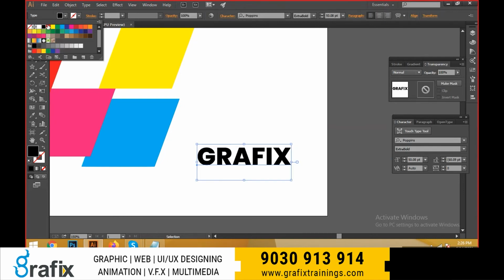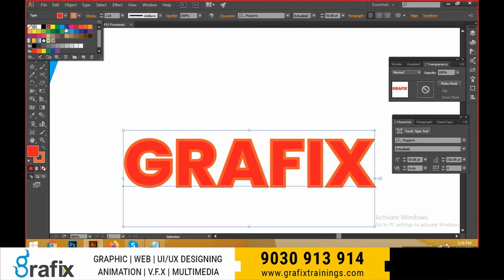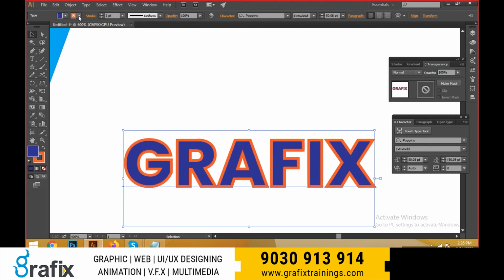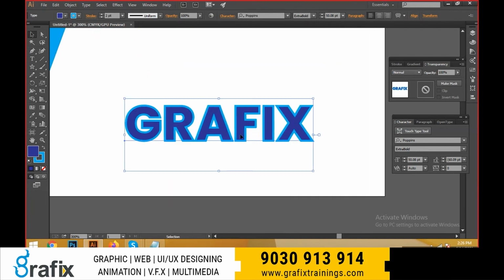And I can fill the color here, and I'm making a stroke here, some more orange shade, exactly like this. Make it a blue shade, and make this one a little bit light shade. Yeah, here I have a requirement, friends.